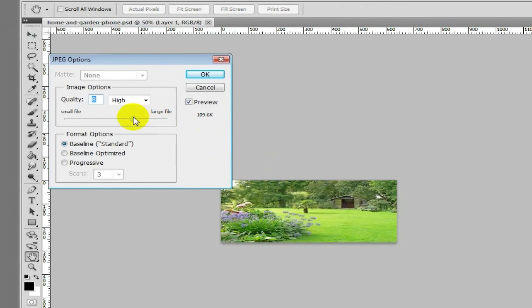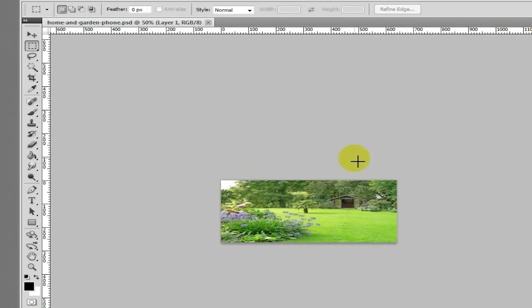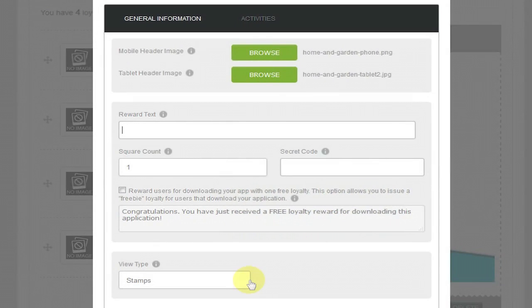So we're just going to bring the quality down to like a medium, like a 7, which will be good. That drops it down to 91K from a much larger file size to begin with. All right, so I'm going back over here now,